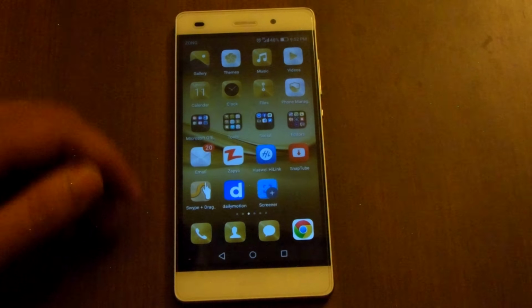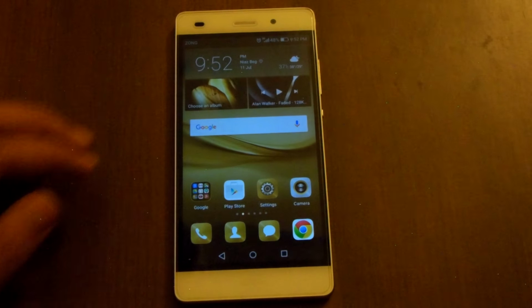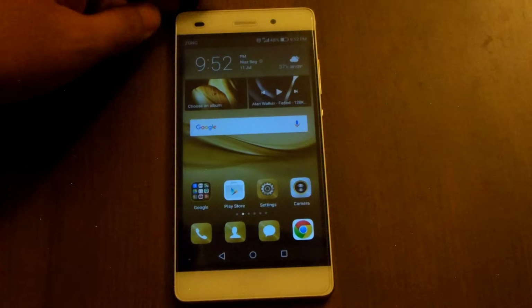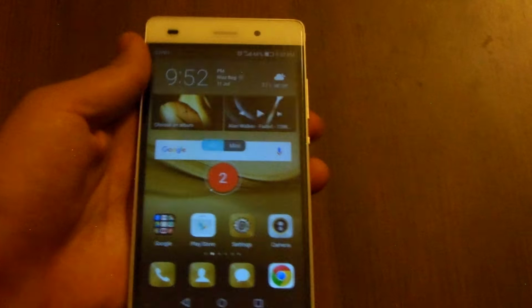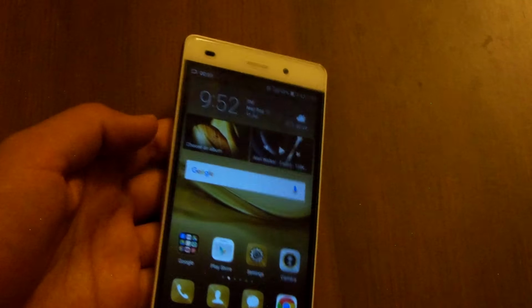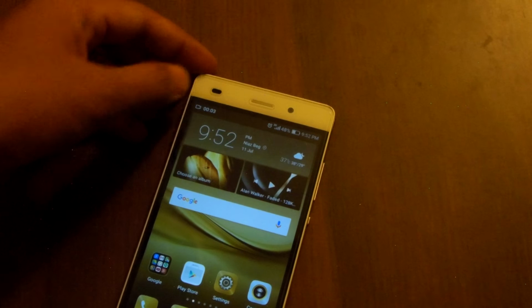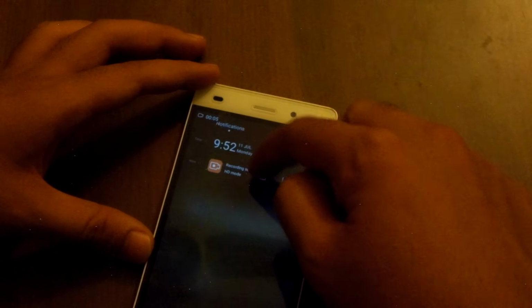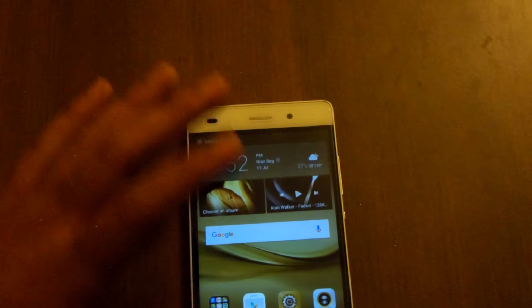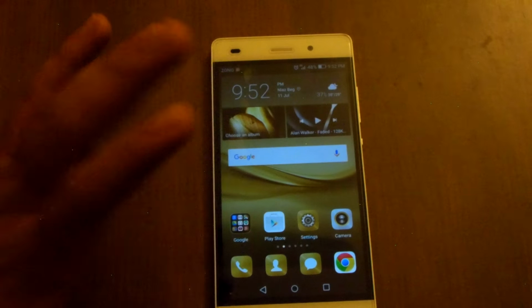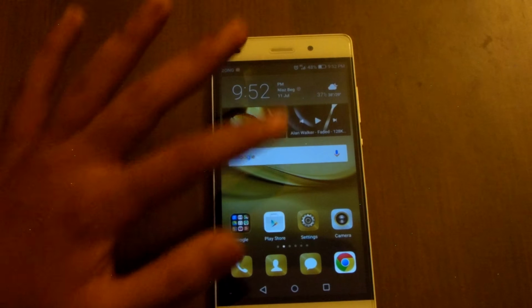So now I'll tell you about the pros of the Android 6.0 Marshmallow upgrade. First thing is that you can record the screen. Just hold the power button and volume up button, and you can record the screen, and the screen recording issue has now been fixed. Let me just stop recording. So yeah, the screen recording issue has now been fixed. All your screen recordings will be smooth now.